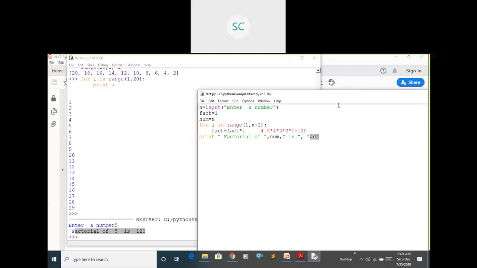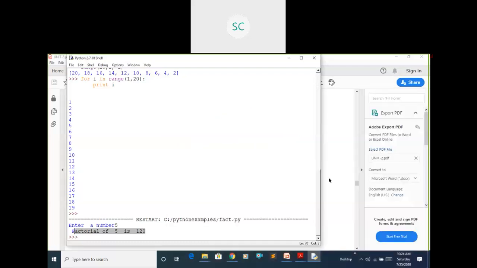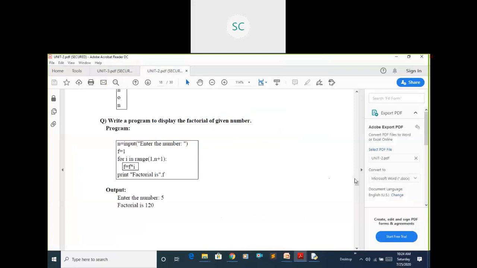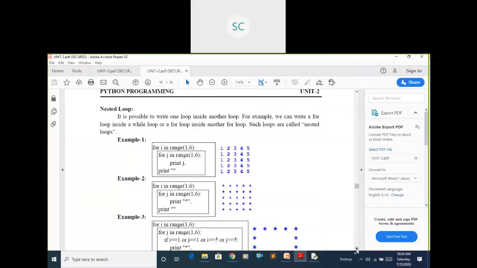In this way you can use this for loop. You can use nested loops also. Within the for loop you can use one more loop. That is a nested loop. If you use that nested loop, you will get some of these sequences. I want to print in this sequence. In this way I need the output value. See how you will get this one.